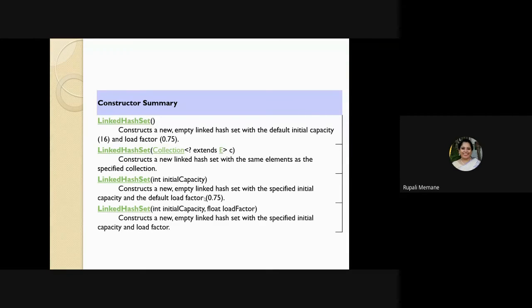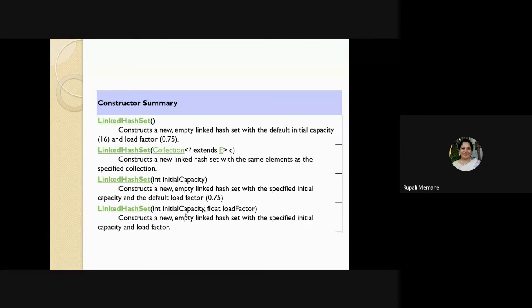Now the fourth constructor is LinkedHashSet wherein you have the initial capacity and the float load factor. So I create an empty linked hash set and specify the initial capacity and float load factor.